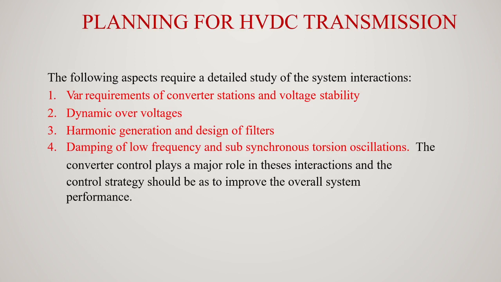Okay, students. In the case of back-to-back DC ties, line cost will be absent, hence the voltage level will be chosen to minimize converter cost. This level is generally much lower than that in the presence of an overhead line.